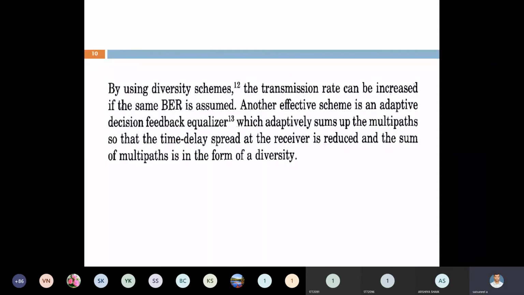Here in time division multiple access system, we are applying diversity schemes at receivers. By applying diversity schemes, we calculate bit error rate. Another effective scheme applied in TDMA is the adaptive decision feedback equalizer. It is the feedback we are giving from